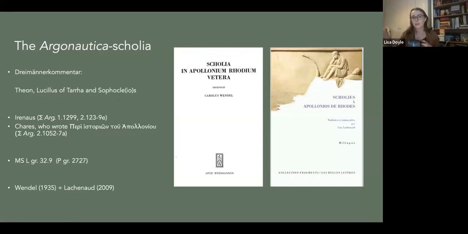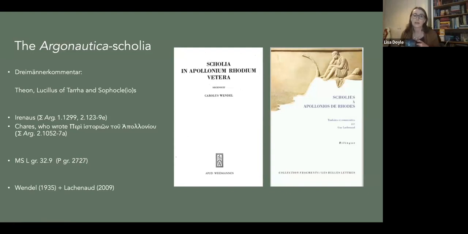Within the main body of the scholia, as you're reading the notes, two other commentators are mentioned, an Irenaeus and a Charis, who was, we believe, contemporaneous with Apollonius. So this is someone who was also active at the same time as Apollonius in the mid-3rd century BCE. And I should clarify as well, we don't have an exact date for Apollonius, and there's a lot of discourse about these Hellenistic poets such as Callimachus and Theocritus, and who comes first, essentially. There was a lot of cross-pollination.